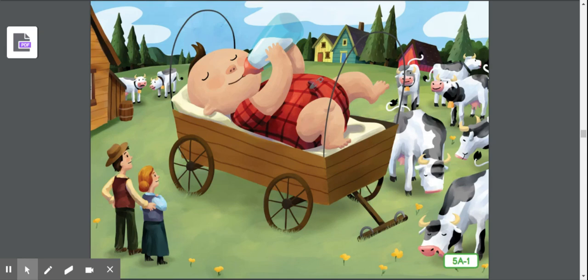As you might imagine, young Paul Bunyan had a big appetite. He gobbled up 5 barrels of porridge a day, and his parents had to milk 4 dozen cows every morning and evening just to keep his baby bottle filled. Do you think he really ate 5 barrels of porridge a day, or that his parents had to milk 4 dozen cows for his baby bottle?